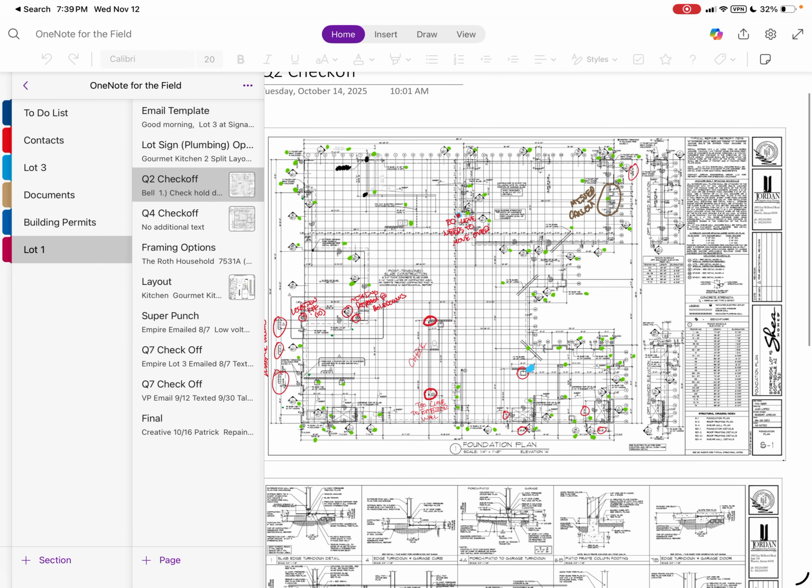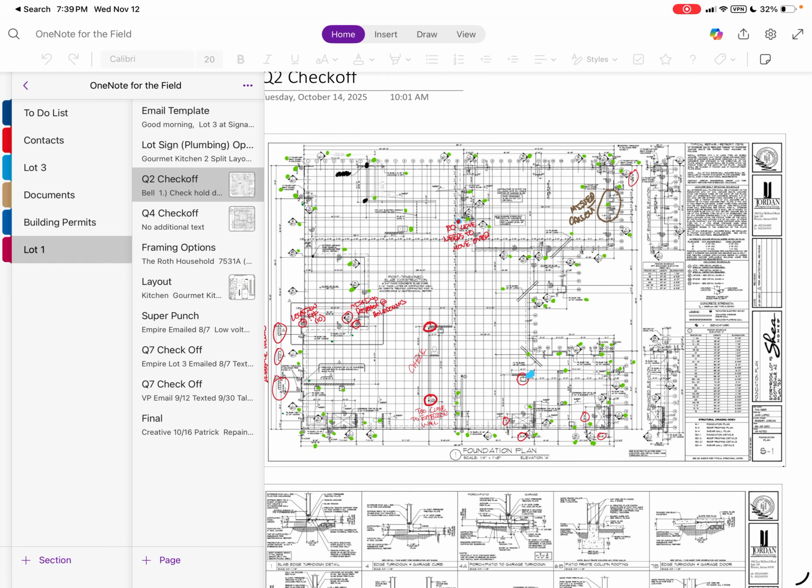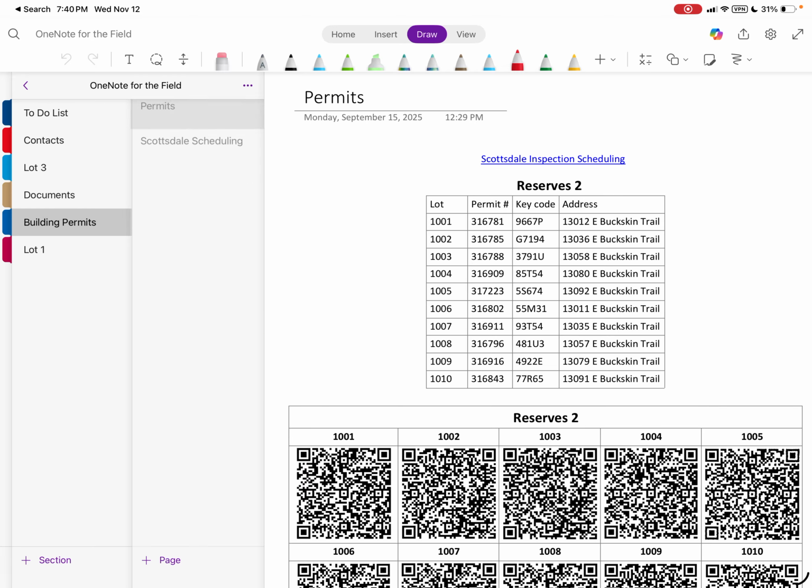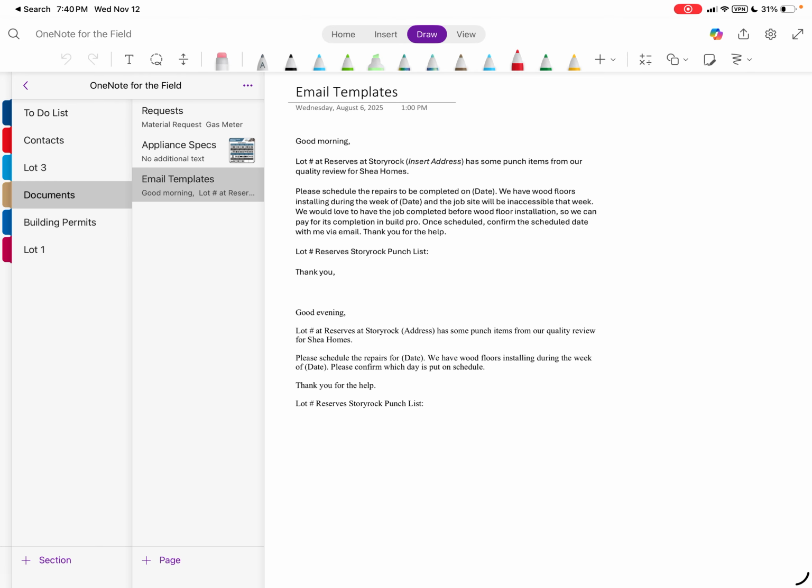The nice part about doing a dot check with this is that if you do have an Apple Pencil, you're able to click draw and draw within this document. It makes it really nice, easy to maneuver. You can use the handwriting if you'd like to, but it's well incorporated with pretty much all of the Microsoft tools. These are some ways that we've found that it's efficient or can be helpful as you go through your